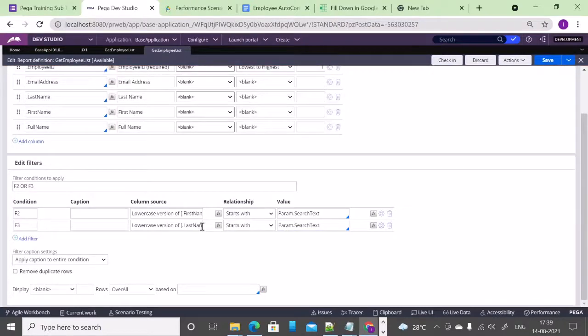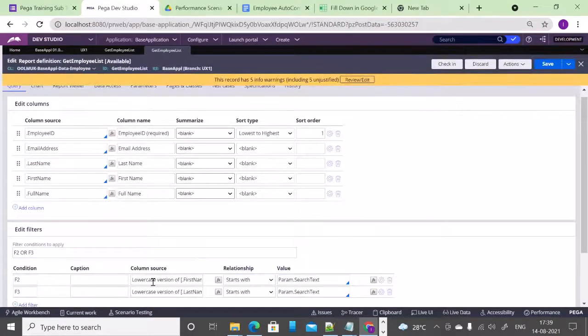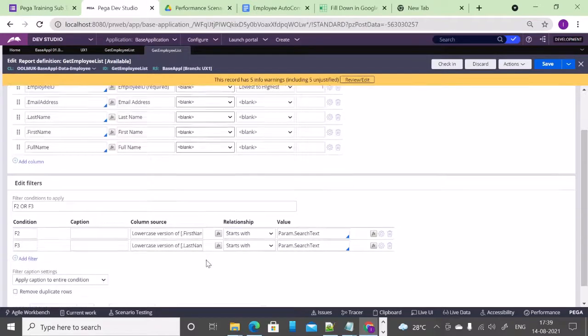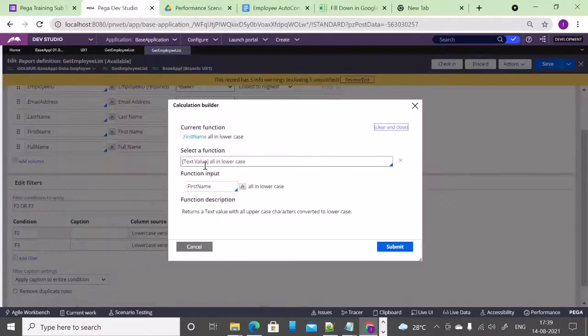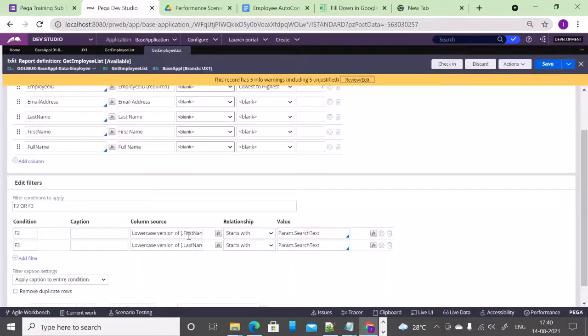It is simple. The column which we are comparing, before I compare the data which is there in the database, should be converted to lowercase. For this, you have a function called lowercase. Use that, pass the column name, and it will convert it to lowercase. That is at the left hand side. On the right hand side, whatever data is entered by the user on the UI needs to be converted to lowercase, and when they are compared, it will work fine.